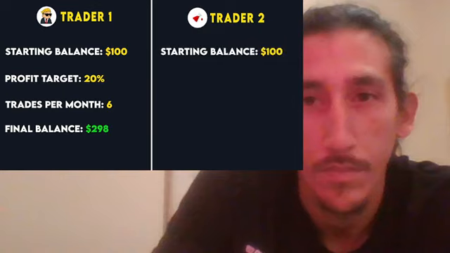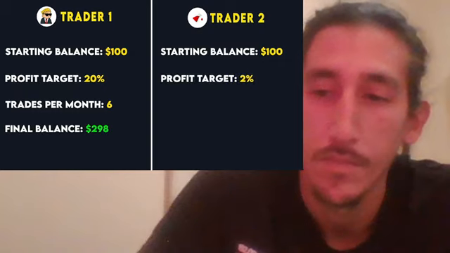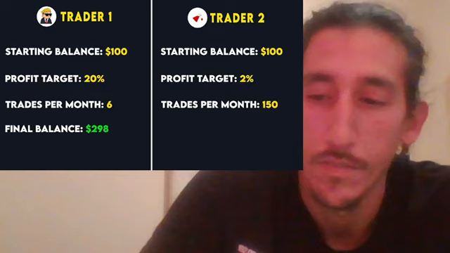Then we have Trader 2. We also gave them $100, but we're setting their profit target at 2%. This is not only way less risky, but this trader will be able to complete a lot more trades. So this trader was able to find 150 successful trades per month because the profit target was so much lower and doable. Even though Trader 2's profit ratio was 10 times lower, they still made